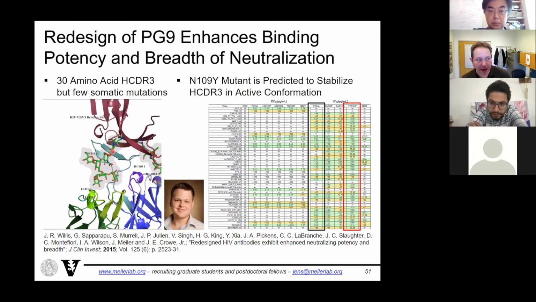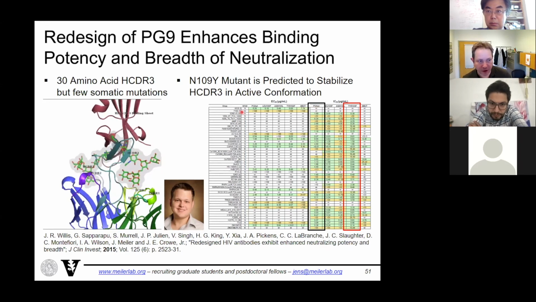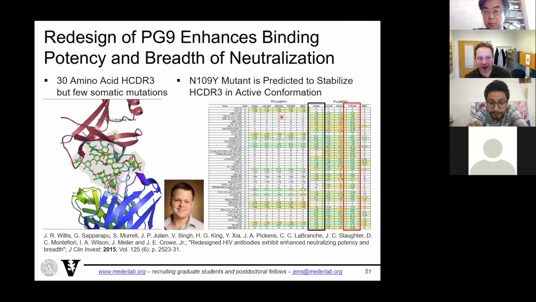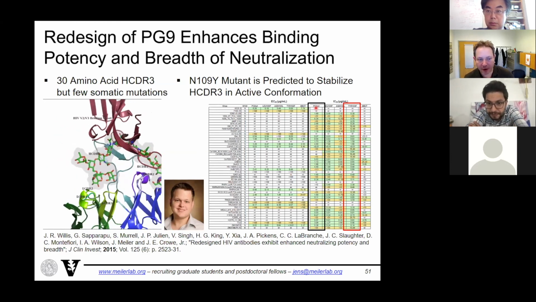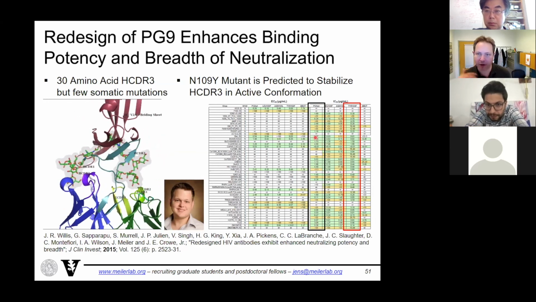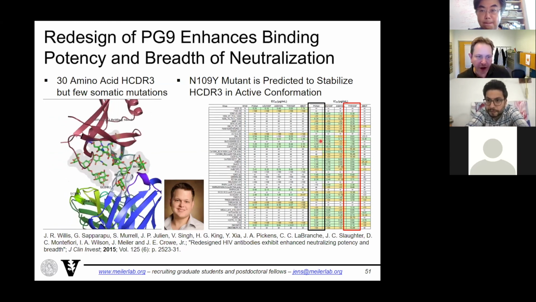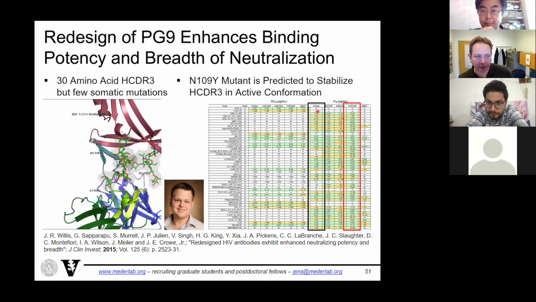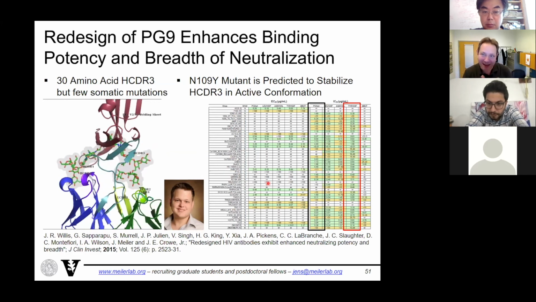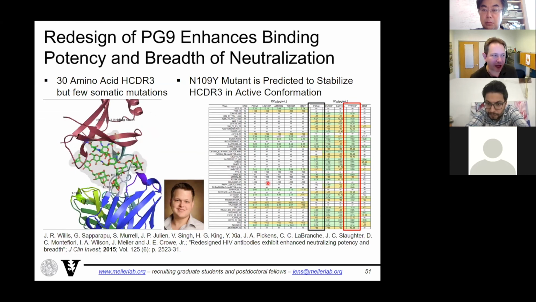This antibody came out of a patient, and here's a representative set of 30, 35 or so strains. This is binding data, this is neutralization data. Black box is PG9. Green means it's good, so the lower the number, the better. The numbers are hard to read. That's the concentration needed to neutralize. And you see it neutralizes about half of this representative panel. But this came out of a patient. The patient wasn't infected with all of these 30, obviously, right? It was just infected with one and then possibly mutations thereof.